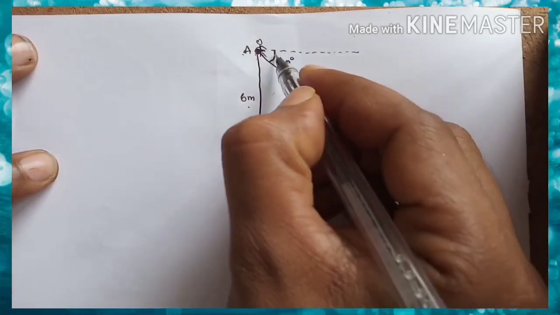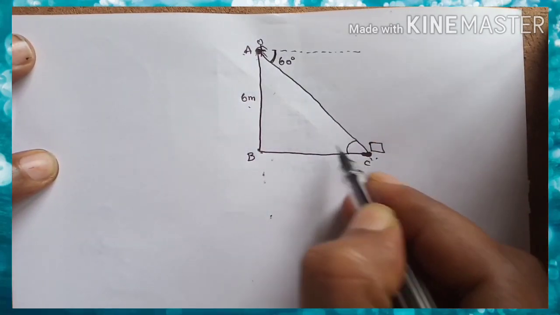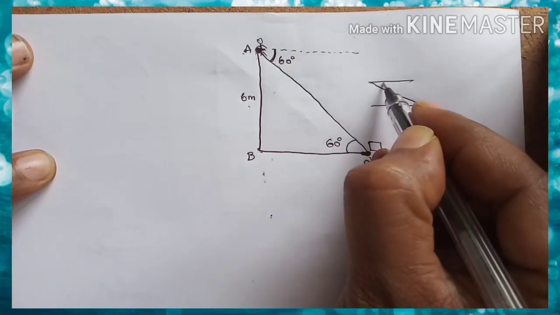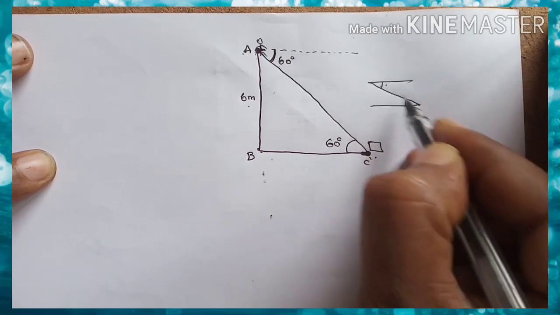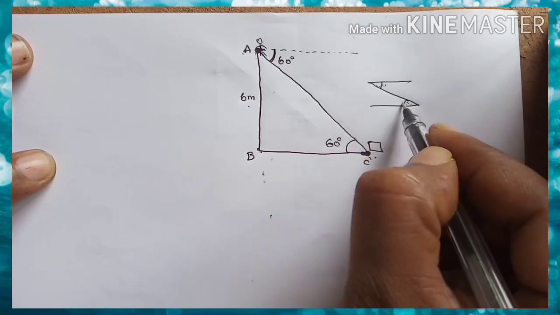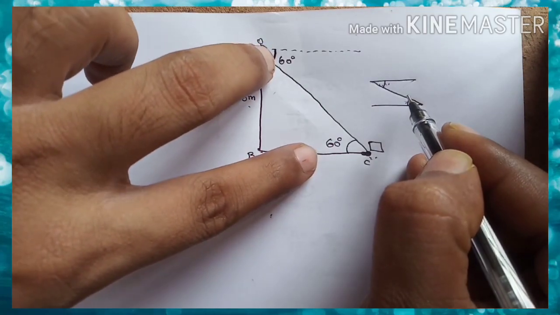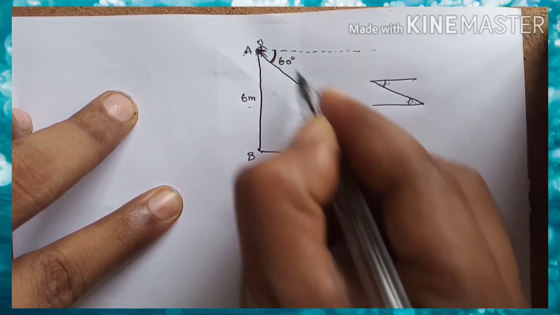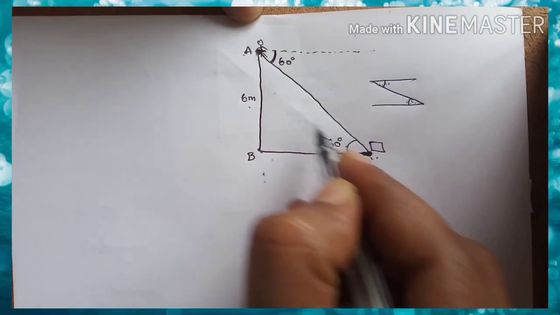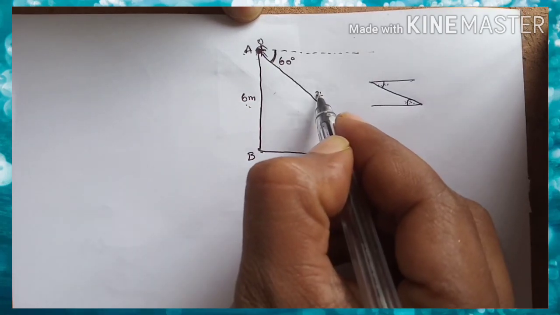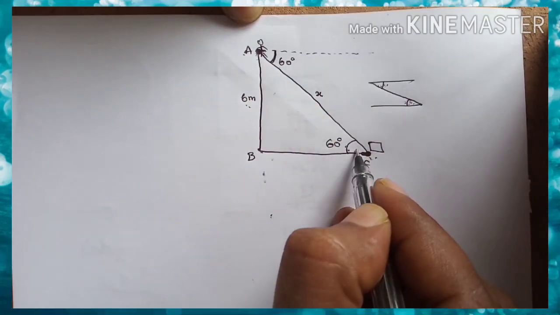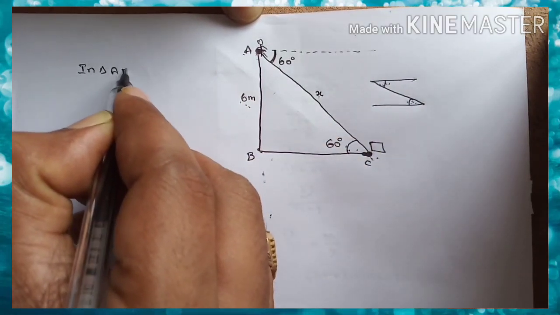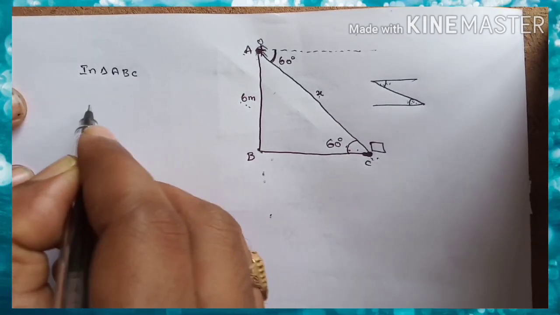We know that here the angle is 60, and here the angle also becomes 60 degrees because these two lines are parallel. This one has a transversal, so this angle is equal to this angle. These two are called alternate angles. This is the first line and this is the second line, which will be parallel, so these two angles are equal. For this angle, this is the opposite side and you have to find the distance between them. So the angle is opposite to the hypotenuse, so we have to find sin theta in the triangle ABC.